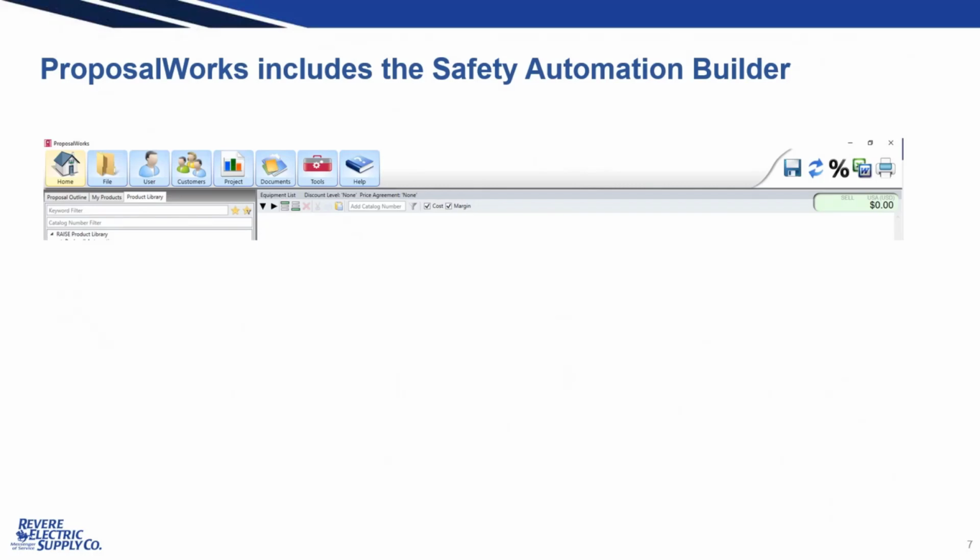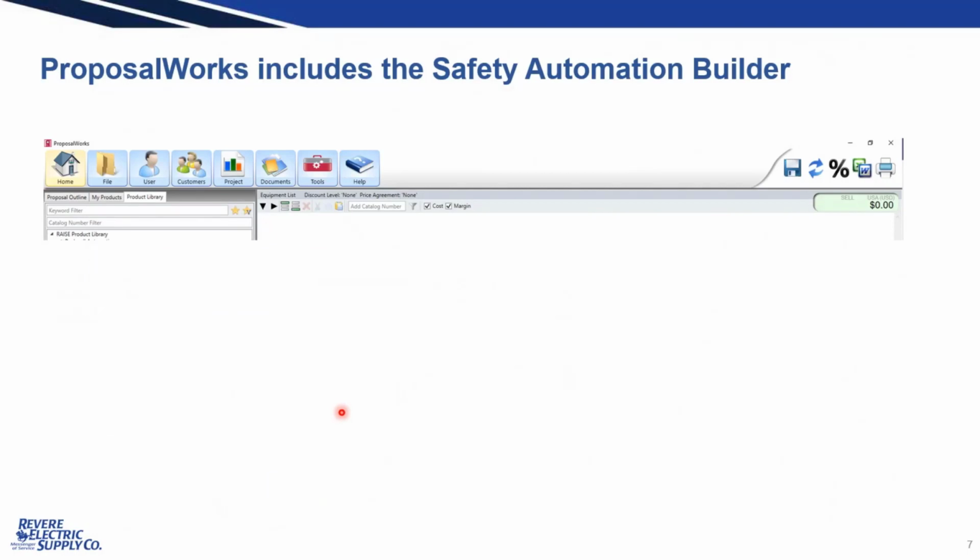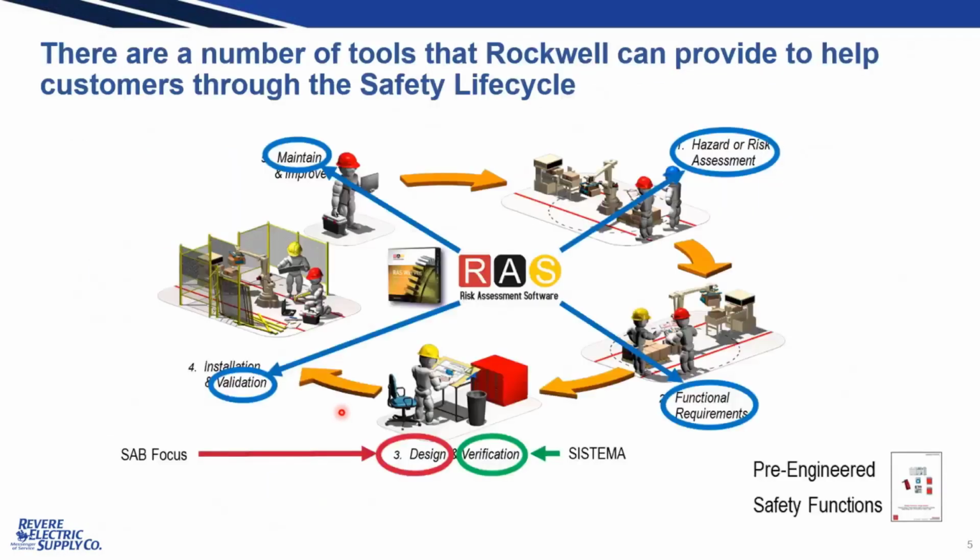On the home page of ProposalWorks, we'll get in here and select the tool icon. When you select that, it'll open up a series of tools, and there's a lot in here that you'll be able to use. For today's purposes, we're just talking about the safety lifecycle, but also another option would be to select Safety Automation Builder alone, or the Safety Lifecycle Toolkit, which also,